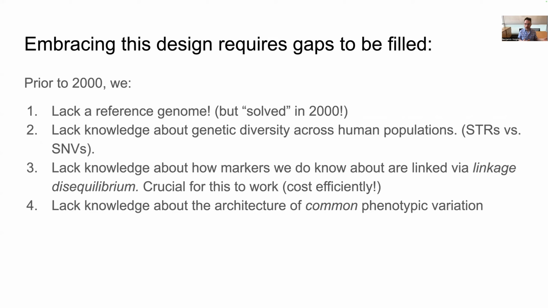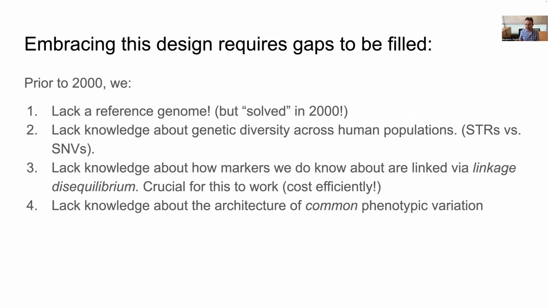In the linkage mapping context, we could probably get by with diverse microsatellite markers or RFLPs that were very, very far apart from each other, on the order of a centimorgan apart, where you only expect one recombination event 1% of the time in a generation. So from the point of view of linkage, that gives you enough information to measure and estimate recombination well. But